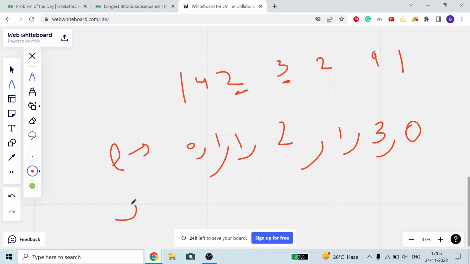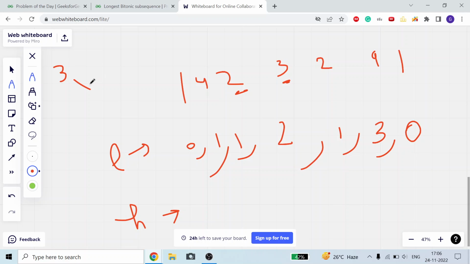Now we will select for H. Now we will have to look after 4. Suppose I have taken 3 as an element. After 3, how many elements can I put down here? All the numbers should be less than 3. For 3, suppose I can include 2 here.